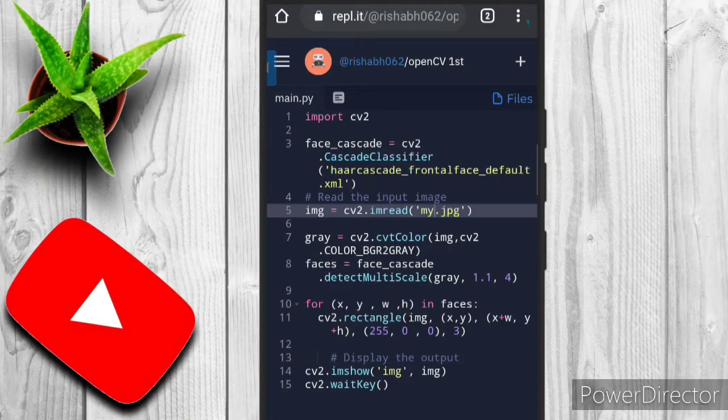In the fifth line of code we are reading the input using cv2.imread, and it's my.jpg image. You can use jpeg, png, any type of image format, but we are going to use jpg format.